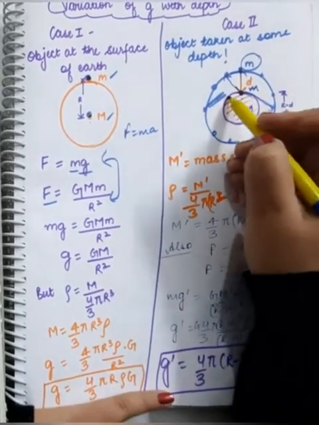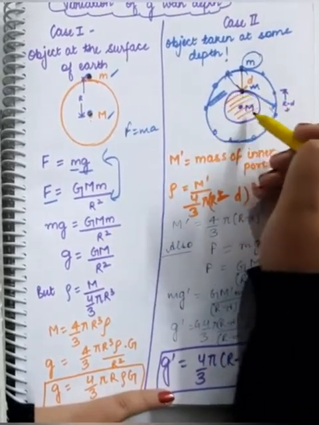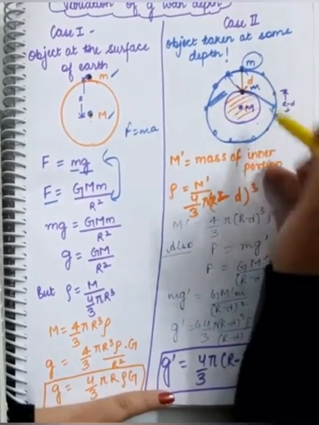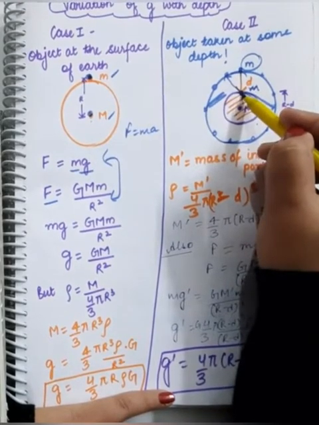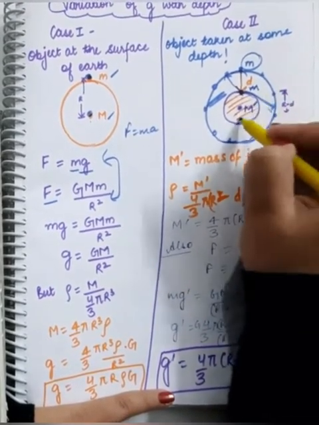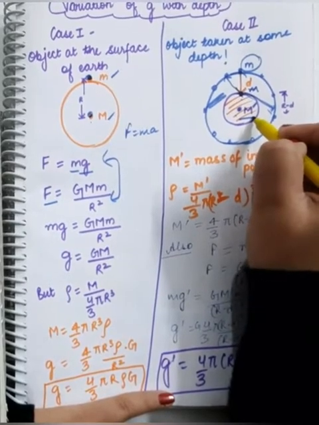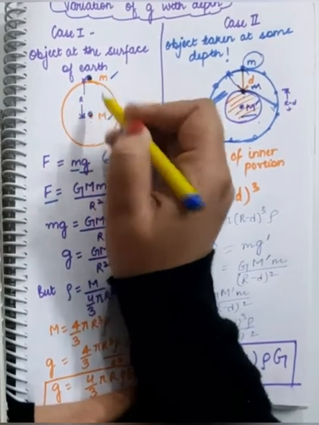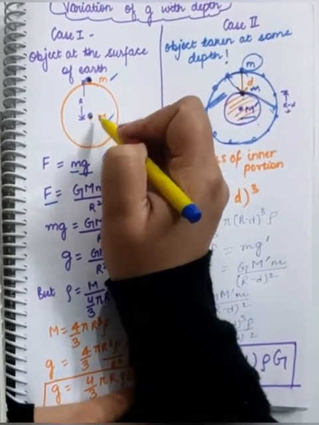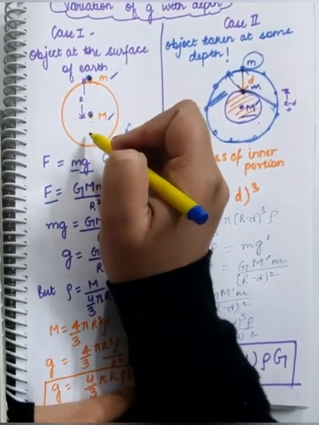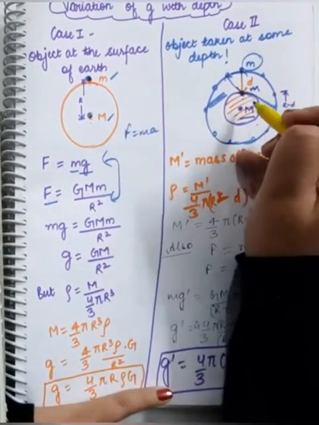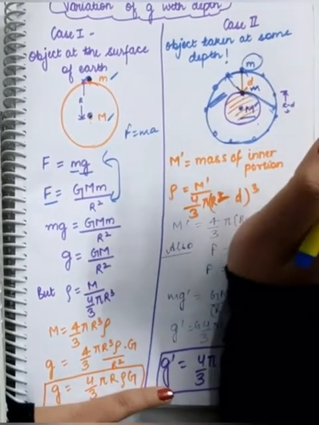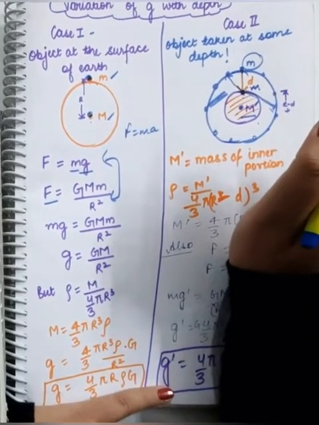So now the mass of this sphere will not remain the capital mass M, because the masses have been excluded since you have brought the object up to a certain depth. So the mass that is actually acting now is a reduced mass M dash. In the first case, when the object was on the surface of the Earth, the mass was capital M, with which this object was facing a gravitational force. But right here, the mass is M dash, which is the reduced mass. So, in order to see that, what is going to happen?